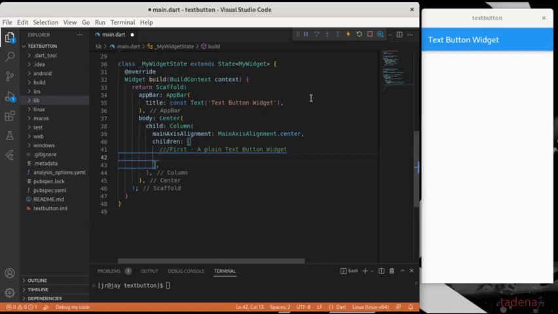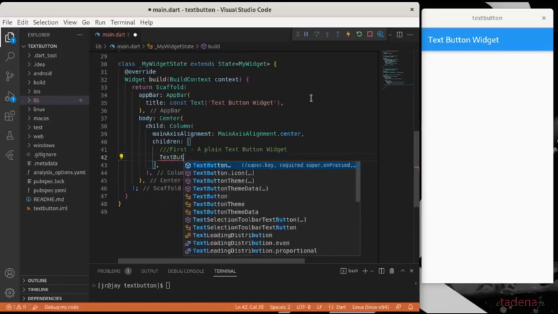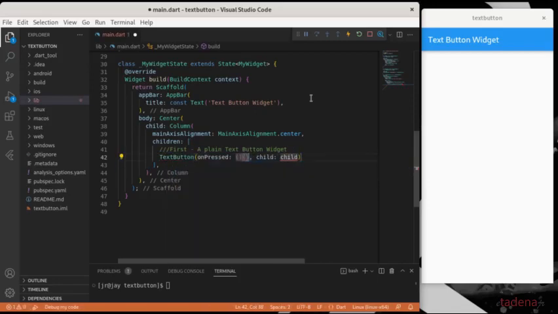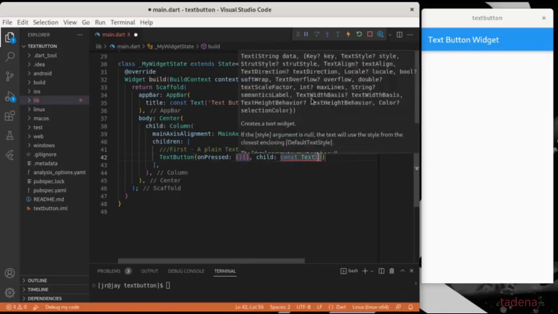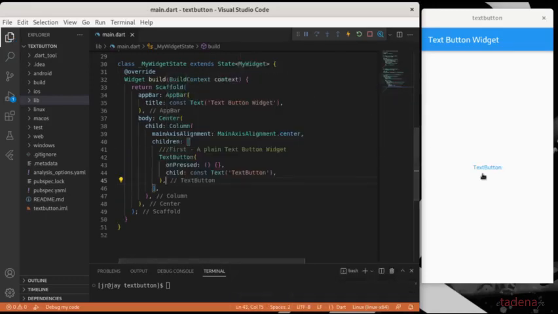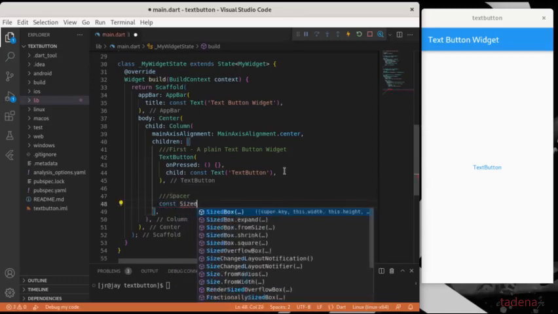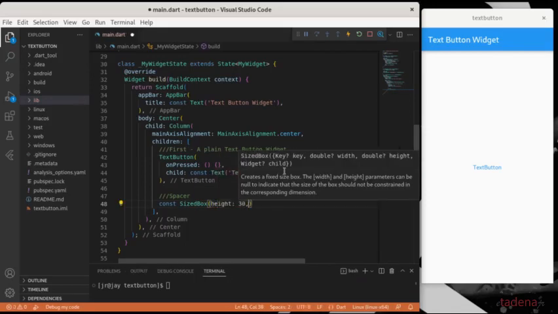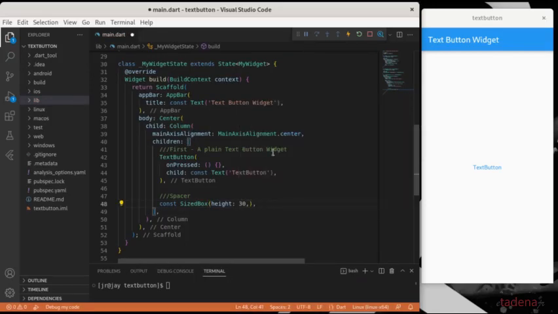To have that, you just do TextButton widget, and it has a required onPressed and a child, and that child will have a Text widget, and the Text widget will have a text button value. So as you can see, we have a text button. So here we will have a spacer, and that spacer is a const SizedBox with a height of 30. So save that,